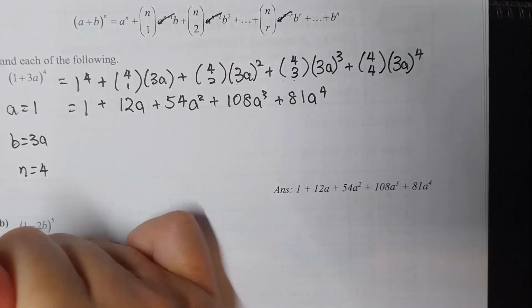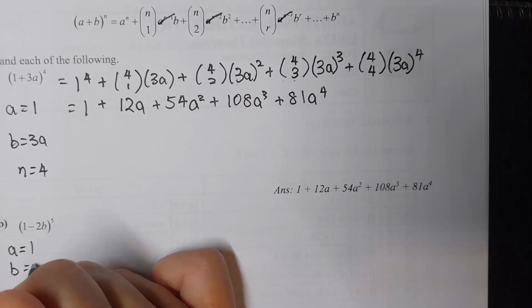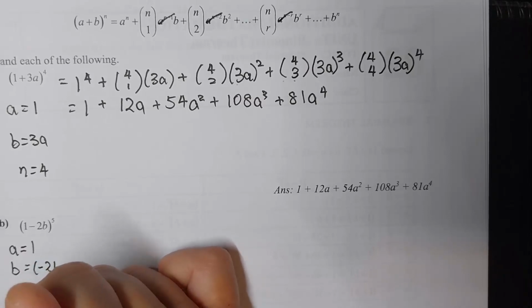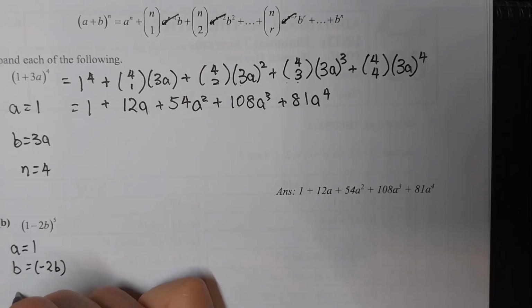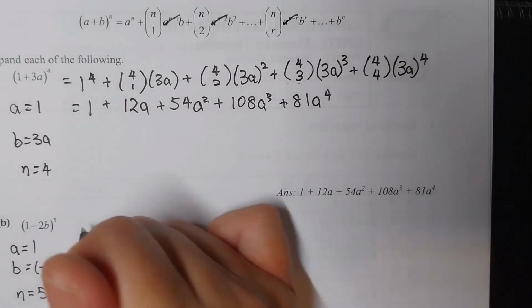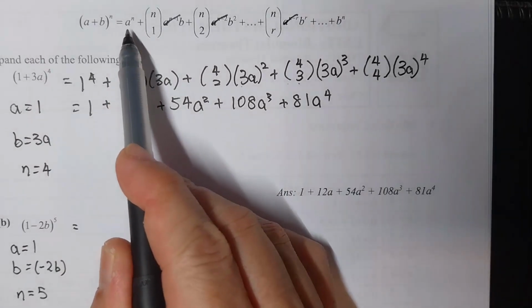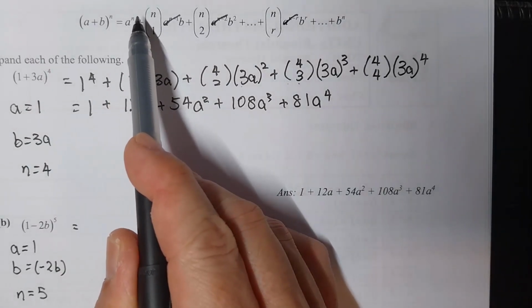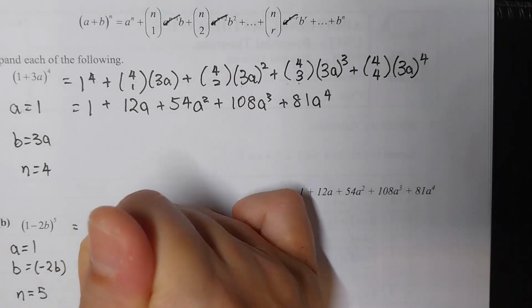And a is actually 1. b is actually negative 2b. All right. And n is 5. So let's put these numbers into the formula here. We will have 1 to the power of 5, which is simply 1, plus